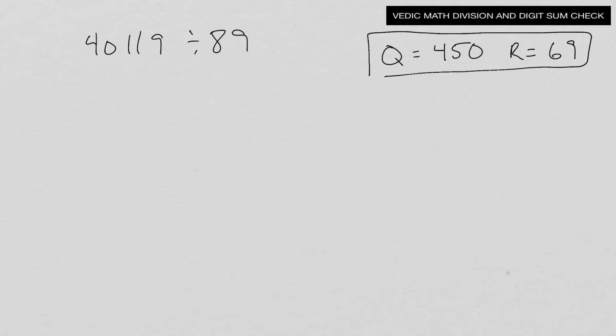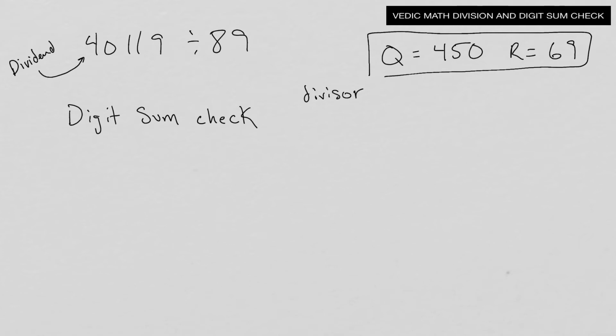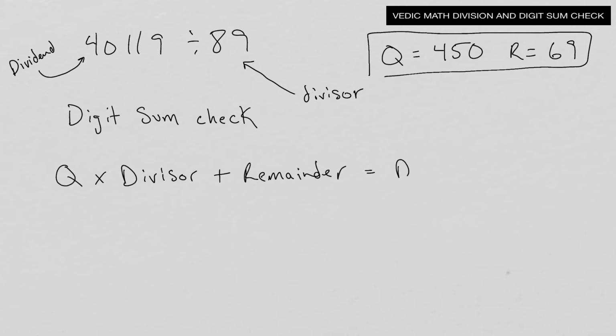Alright, and here was our original problem. So what we want to do here is a digit sum check. Now remember that when you divide something, you have a dividend. This is our dividend. This is our divisor. Basically, you have the quotient times the divisor plus the remainder